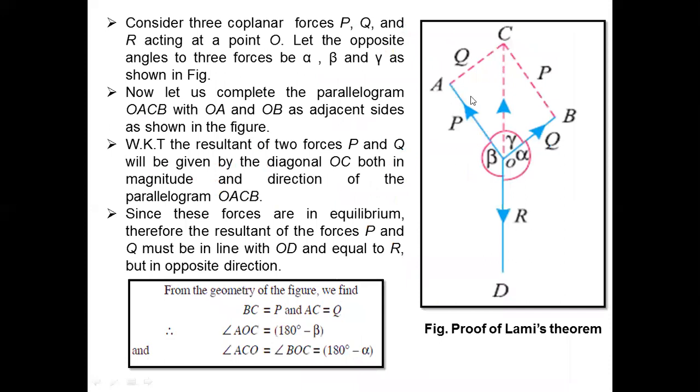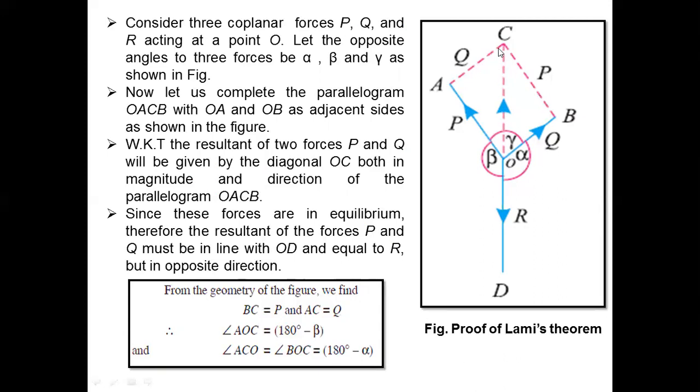here you see OA. What is OA? OA is this one. If this is the first force P, what is the opposite angle? The opposite angle is this one. So if this is the force, the angle made by the other two forces is this one. So OA by sine of the angle made by C, and AC by what? AC is this force, that is Q force. What is the opposite angle? This is the opposite angle made by these two forces. So it is equal to AC by the angle AOC, and the third one,